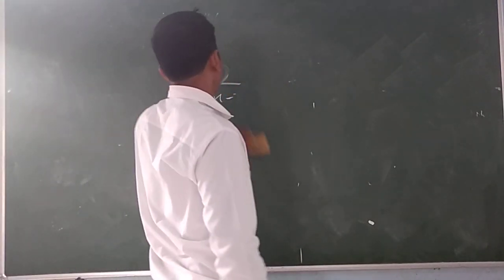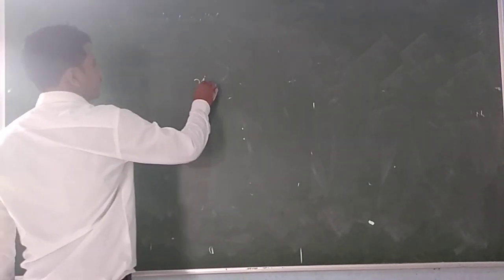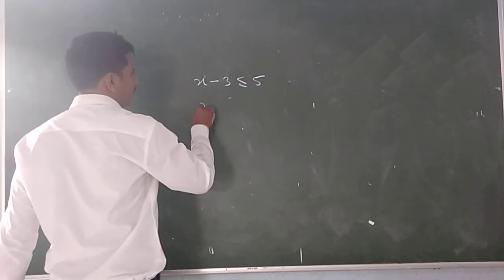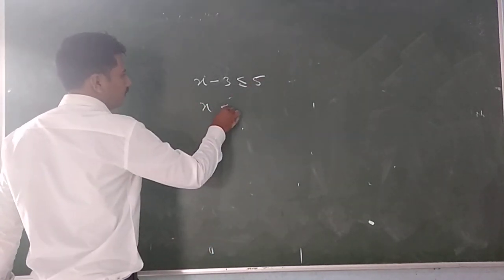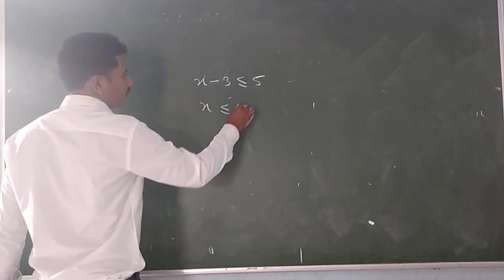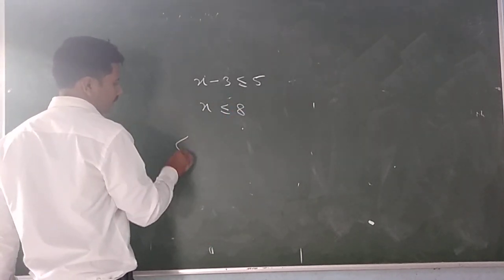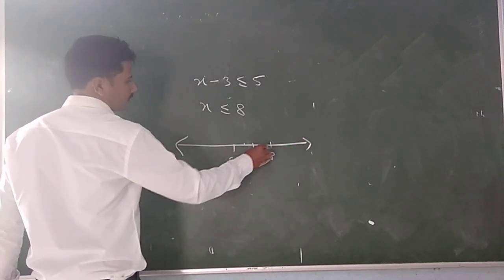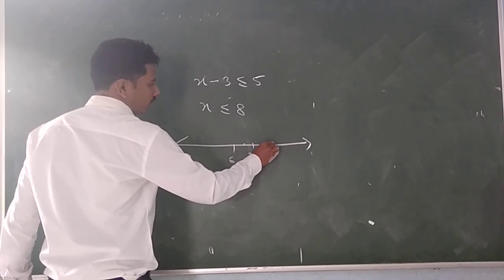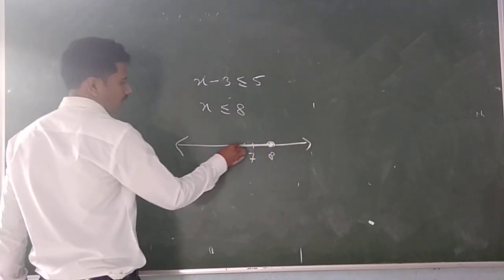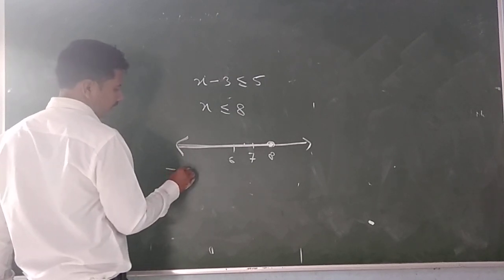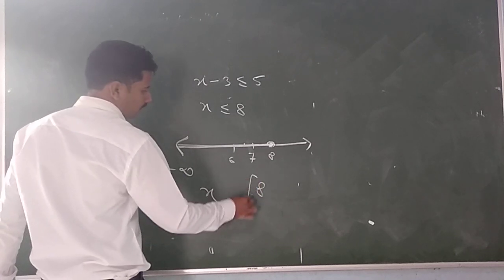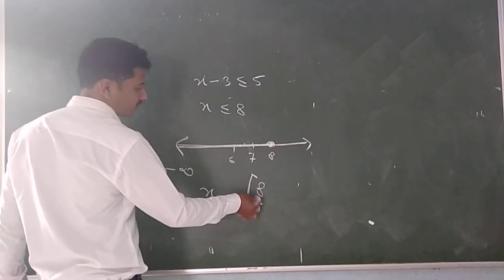We will take an example of the square bracket also. For example, x minus 3 is less than or equal to 5. Add 3 on both sides; the 3s cancel and 5 becomes 8. What is the graph of this? 8 is included, so there will be a dark circle, and this side is dark going to minus infinity. So x belongs to the interval with 8 included: a square bracket for 8, and an open bracket for the excluded end.